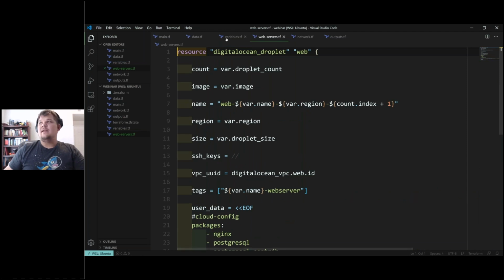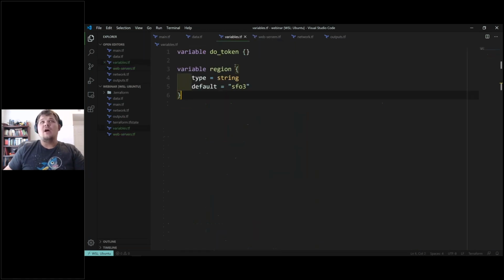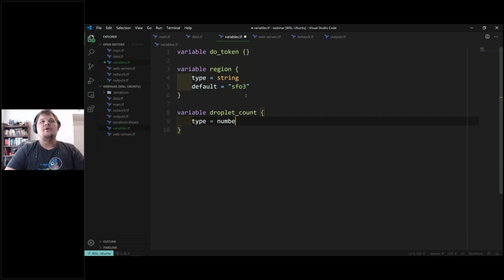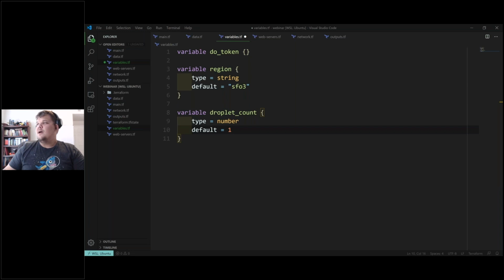We need to go back now and add our variables. So the first thing we need to do is the droplet count. So let's go ahead and say variable droplet count. We're going to say that's a type equals number. And then the default we're going to set is going to be set to 1. It's good if we do it like this, just because saving money is nice. So we're just going to do it for 1 on this one,